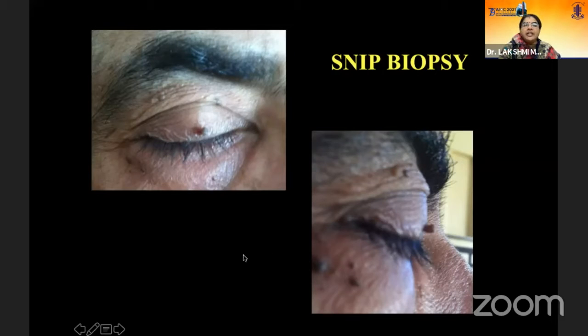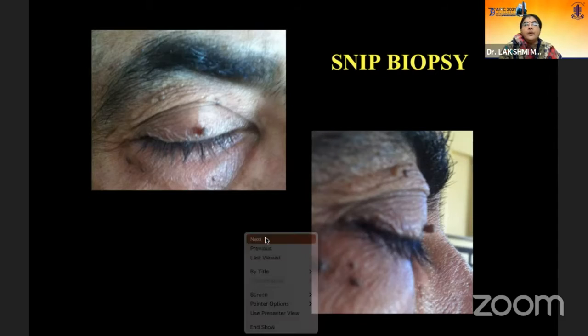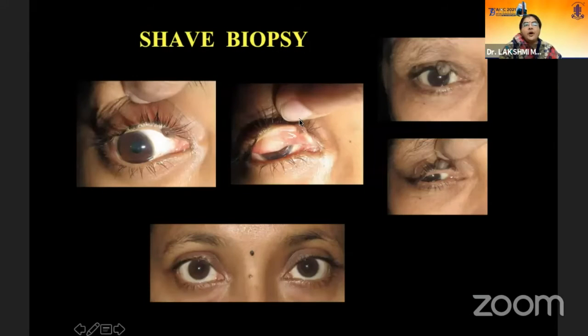I do it for many of the colleagues also where I work. And gentle cautery can be given. This works best. I don't like to use any of those chemicals. Now shave biopsy is done for junctional or intradermal nevus, because you don't want to take off a complete wedge of the skin. Sometimes they have a small defect like this, which usually fills up. Especially in young patients, we don't want to excise a segment of the eyelid. So this biopsy is really helpful.